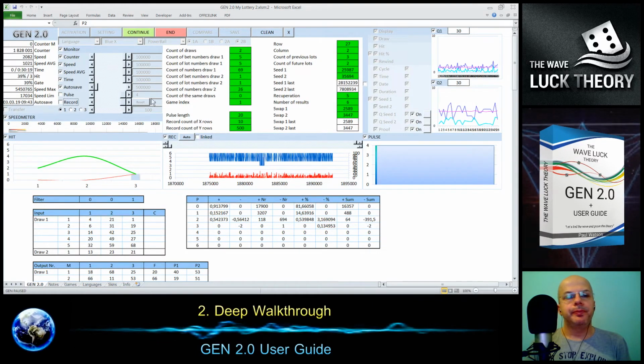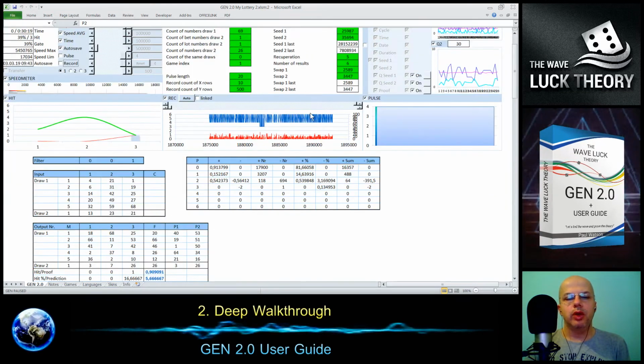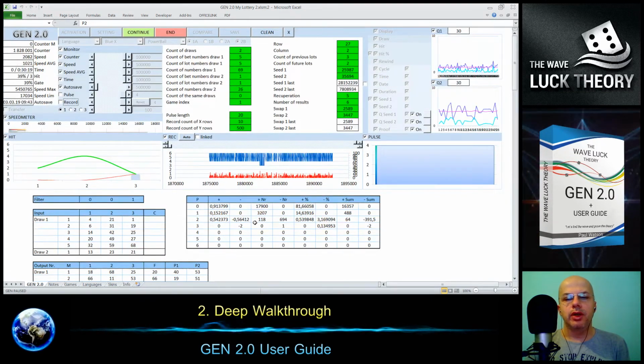Then the second thing, so we explained the record and so on. Now we can go to the output boxes we have here, and we can continue the explanation here. So if we look there, we have display, and this shows what we activated, what we want to look at online.